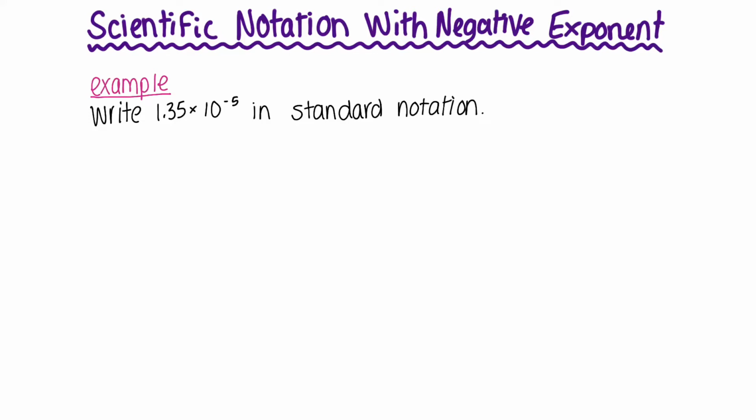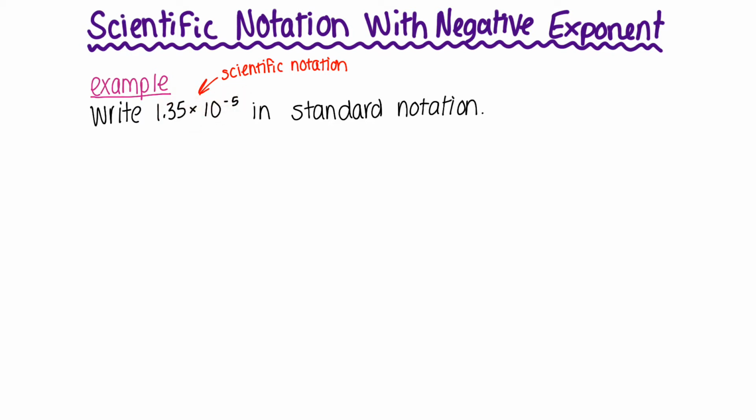Scientific notation with negative exponent. So this number right here is written in scientific notation. Scientific notation is where you have a number between 1 and 10, not including 10, and multiplied by 10 raised